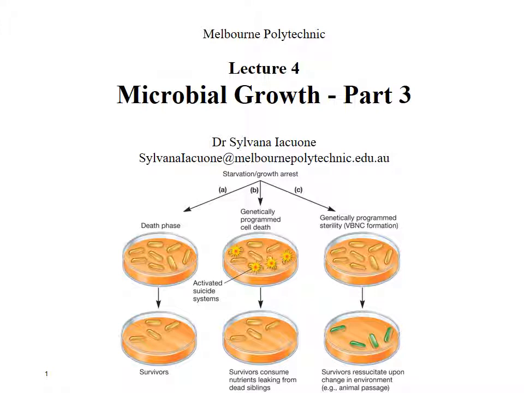This is Silvana O'Coney, and in today's lecture we're going to take a look at prokaryotic reproduction and growth. First, we'll focus on binary fission, which is the type of cell division most frequently observed among the prokaryotes. Cell reproduction leads to an increase in population size, so we're going to consider population growth. Then we'll take a look at the influence of environmental factors on microbial growth.